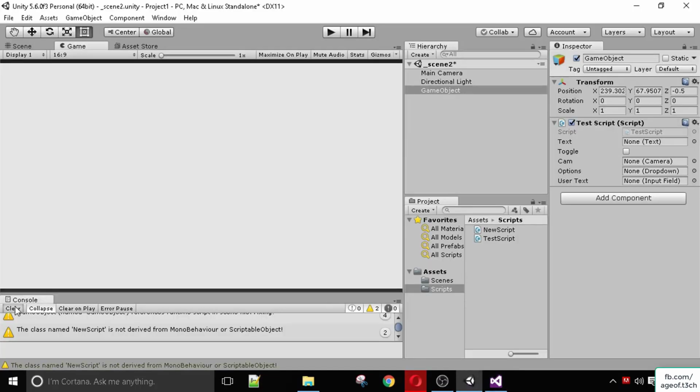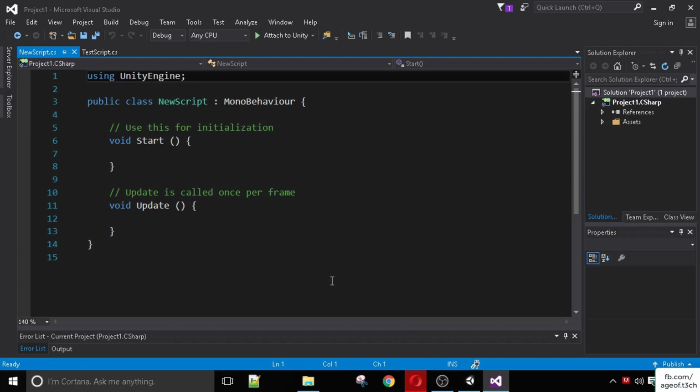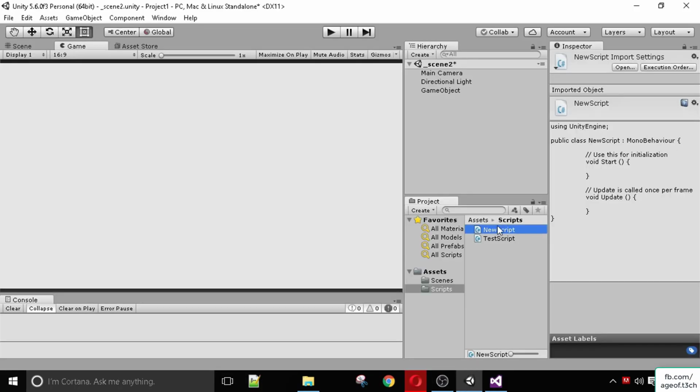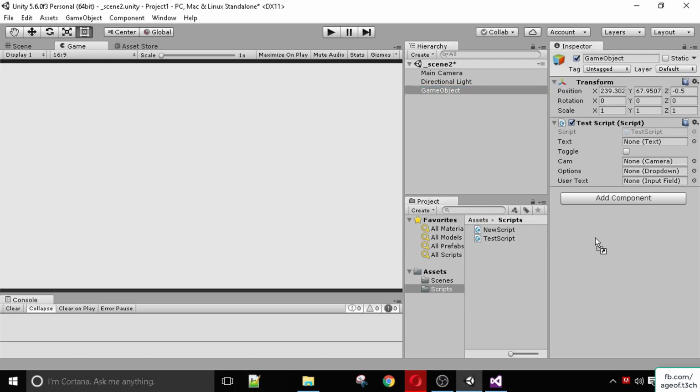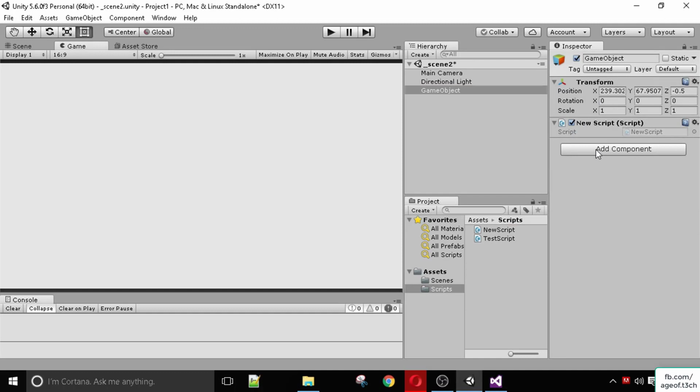Let me just reload the script. Okay, so it's a MonoBehaviour, and now again I can add it as a component to a game object, and currently this is just an empty component. So this game object, let's just call it testing object, because to run a script that is on a game